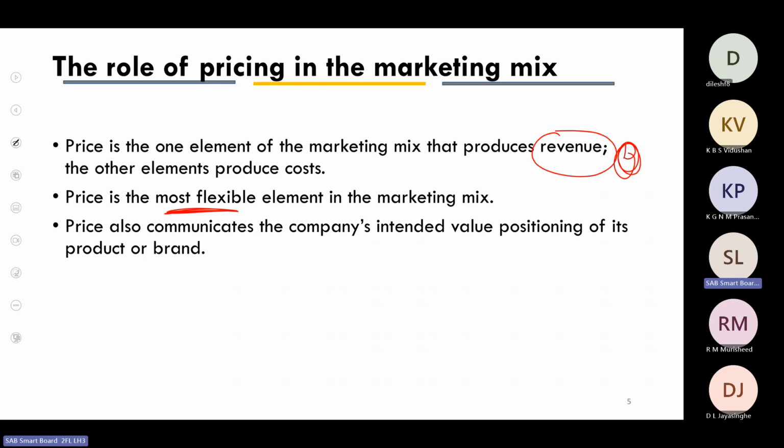So, product is not something easy for us to change. In the distribution also, we go for different distribution methods. We might have to find some distributors, agents, some intermediaries, right? That is also something difficult and it takes some time. Then even in the promotion, if we have finalized our promotion campaigns, when we are going to change it, it takes some time, right? It requires some time.